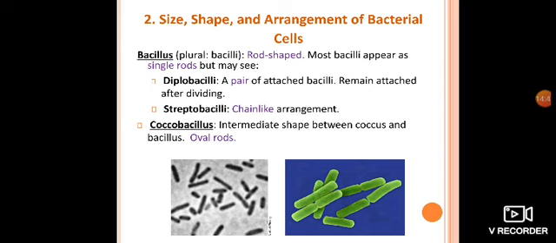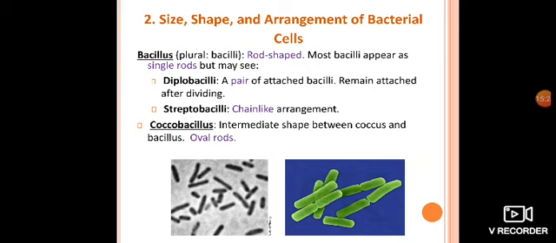Now the third point is cocobacilli. How do we conclude it as cocobacilli? It means they have both shapes: they have the coccus, spherical shape, and they are also bacilli, having a rod shape. If we combine both points, they are shown as cocobacilli. It is simply termed an intermediate shape between coccus and bacilli, meaning they look like an oval rod. In the blue diagram we can easily observe the ends of the bacterial cell are oval in shape. So they are termed cocobacilli.